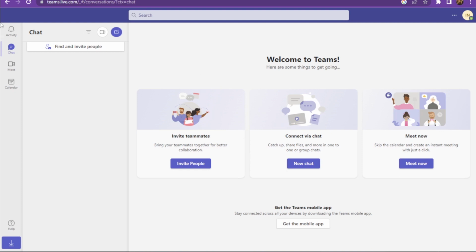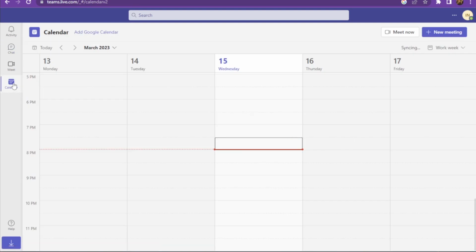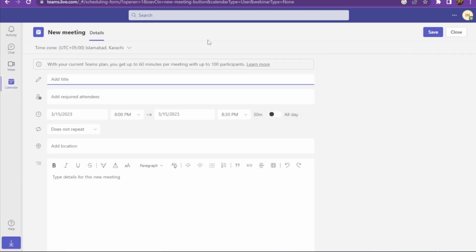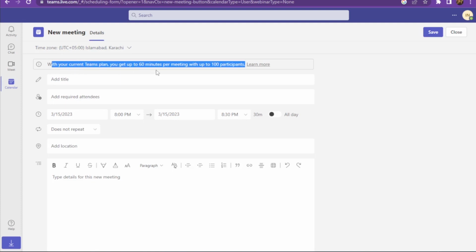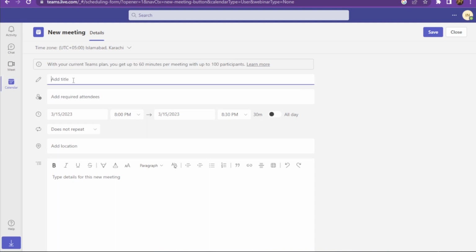First of all, you have to go on your Microsoft Office, and once you are in, you have to click on the calendar, and here you have to add the new meeting. Now once you are in, you have to add the team plans. First of all, you have to add the title for your team, and after adding that you have to add